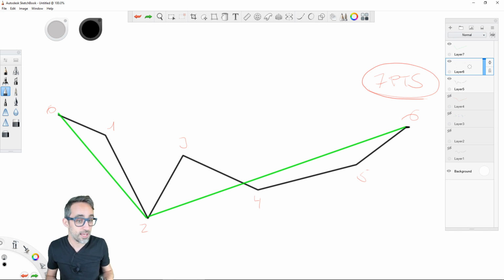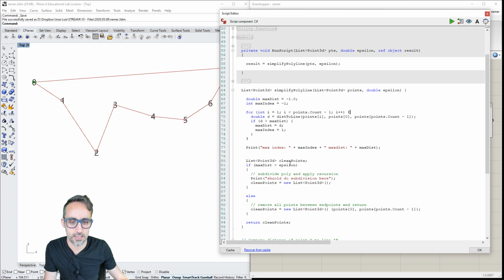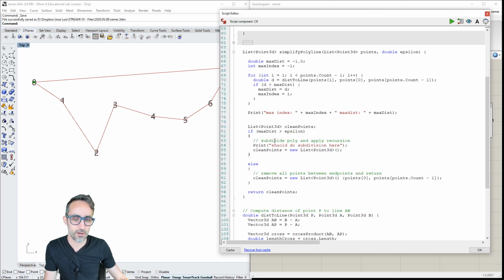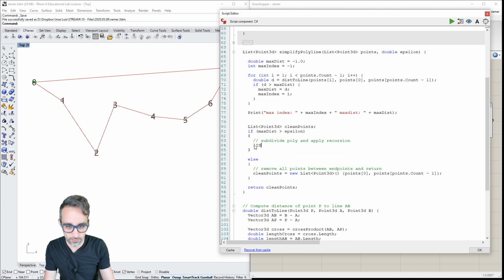And in order to do that, I'm going to go back to my code and say here, whenever I subdivide the polyline and apply recursion, let's start by doing the following. Remember, polylines are not really polylines, they are just lists of points.